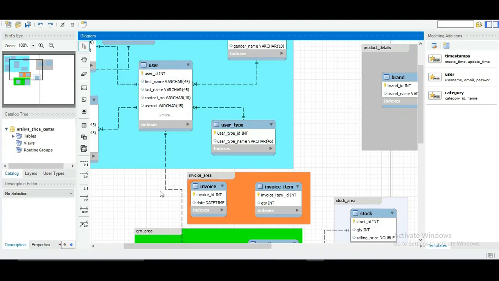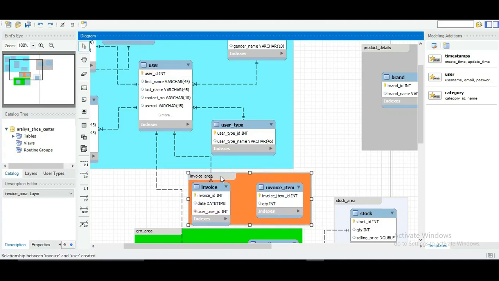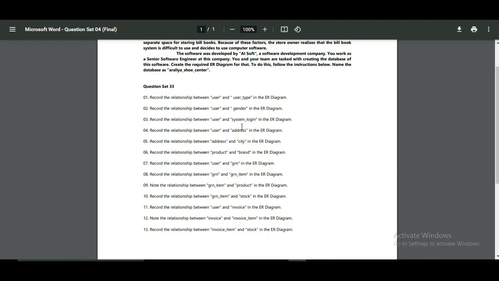So to create this relationship, I'm going to first click on this button, and then I'm going to first click on the invoice table because the many area should indicate towards the invoice table. And after that, I'm going to click on the user table, and just like that we can see the relationship between the two tables. So that will be the answer for the 11th question of this question set.